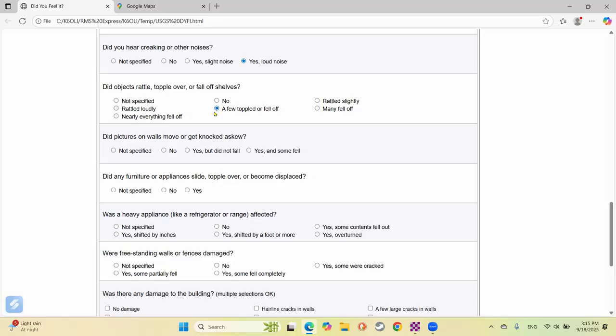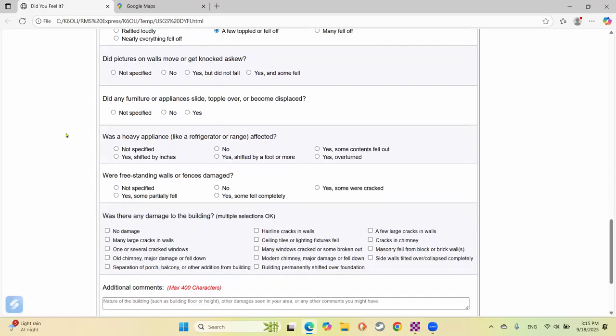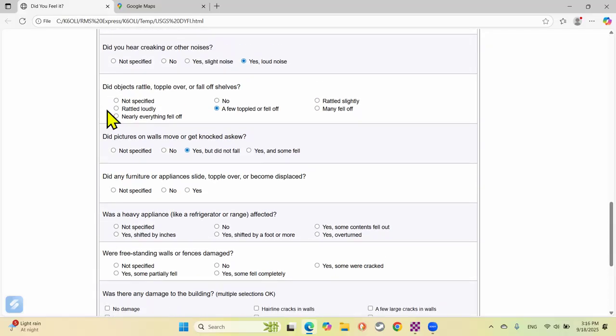Did objects rattle? Yes, if you toppled or fell off. Did pictures on the walls get knocked askew? Yes, but they did not fall. Did any furniture or appliances slide, topple over, become displaced? And what you notice here is we're getting to larger and larger items because it takes more energy to move